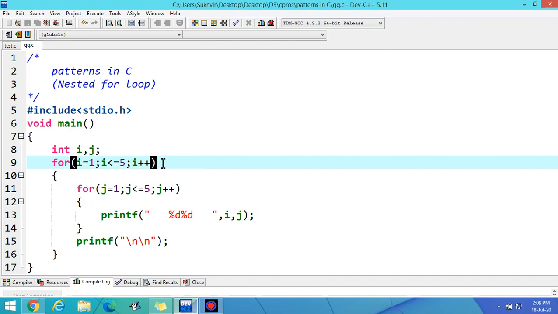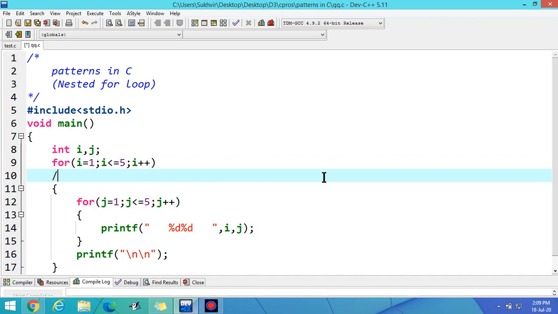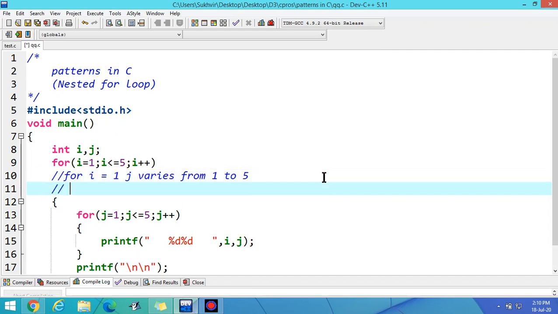When i varies, suppose I write here as comments: for i is equal to 1, j varies from 1 to 5. That means the output is 11, 12, 13, 14, and 15.